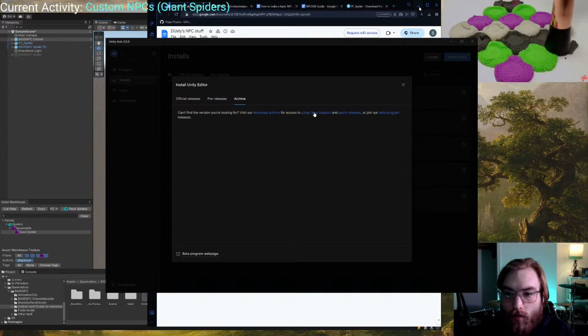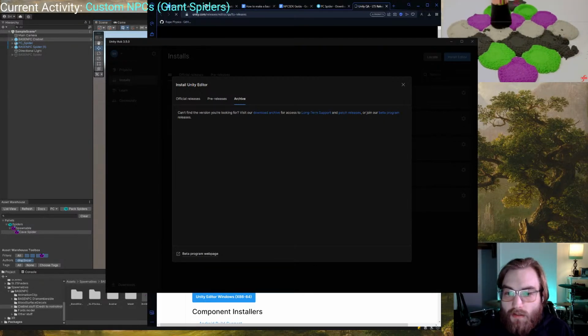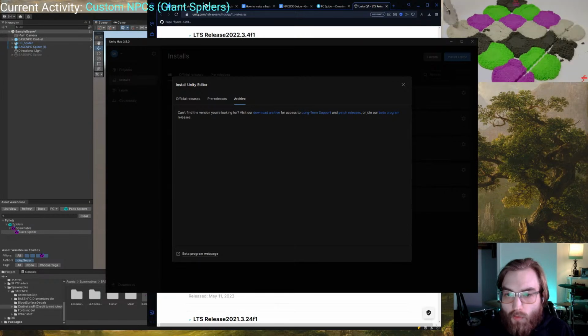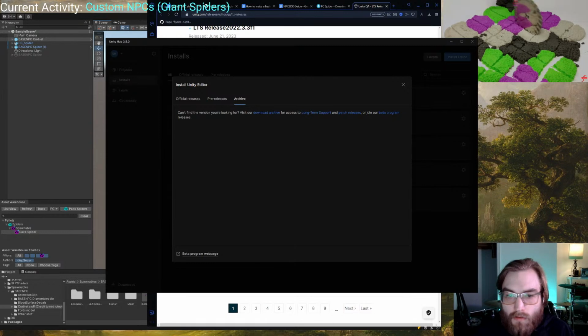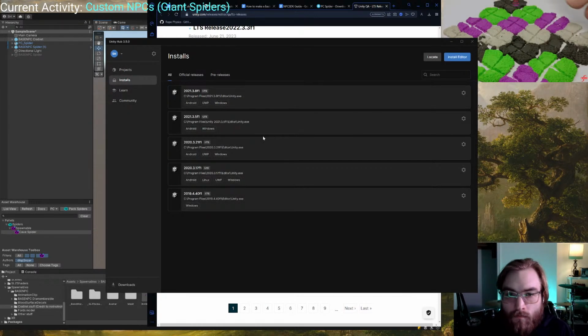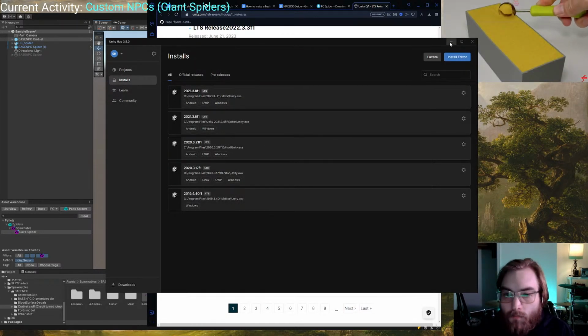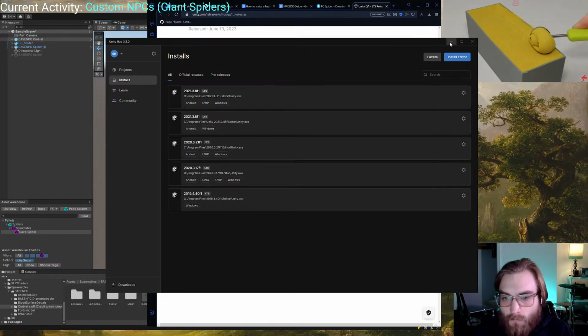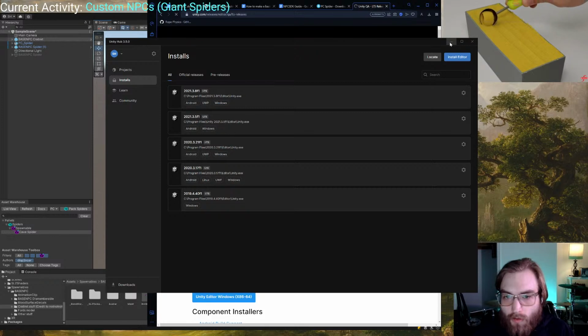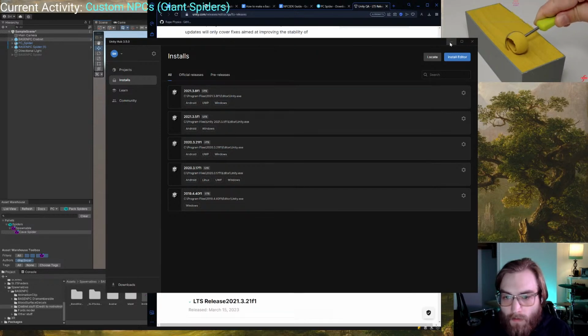You can just click long-term support for LTS and scroll down to 2021.3.5. You can click 2021.3 and